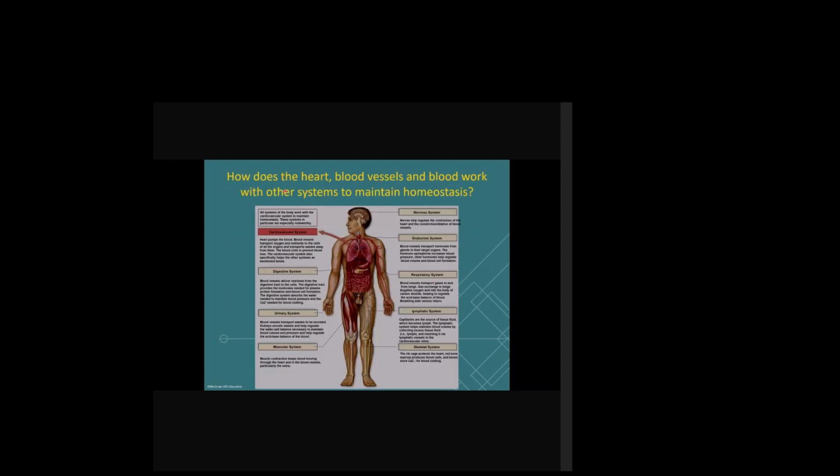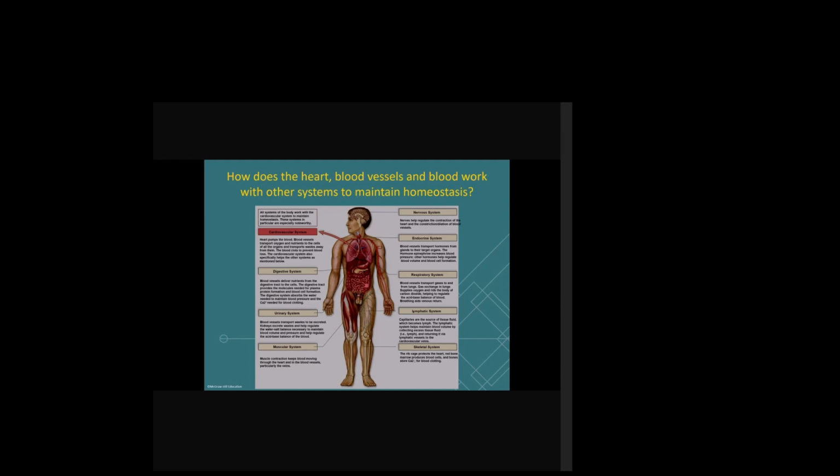We talked about the cardiovascular system. This system works along with our respiratory system to supply our cells by the gaseous exchange that happens in the lungs. It works with our digestive system because it carries nutrients from digested food to the cells. It works with our urinary system because our kidneys remove waste from blood to form urine,